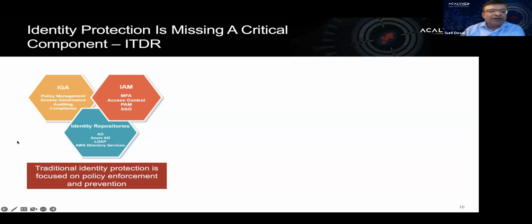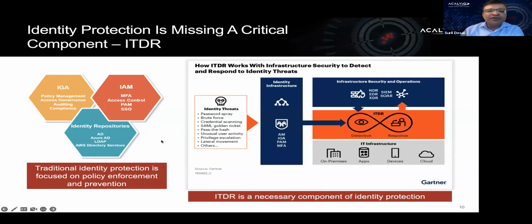The whole idea of traditional identity protection is that it is focused on policy enforcement and prevention-based techniques. So the idea is to set policies for checking whether the identity conforms to the policies. In the case of privileged access management, or in the case of IGA, you can set the policy and check whether the identities in the enterprise are in line. Now, that is one aspect which is important. And then there's a bunch of prevention capability in the area of multi-factor. That is also important, but it is not sufficient, as we discussed in the area of the offensive parts of